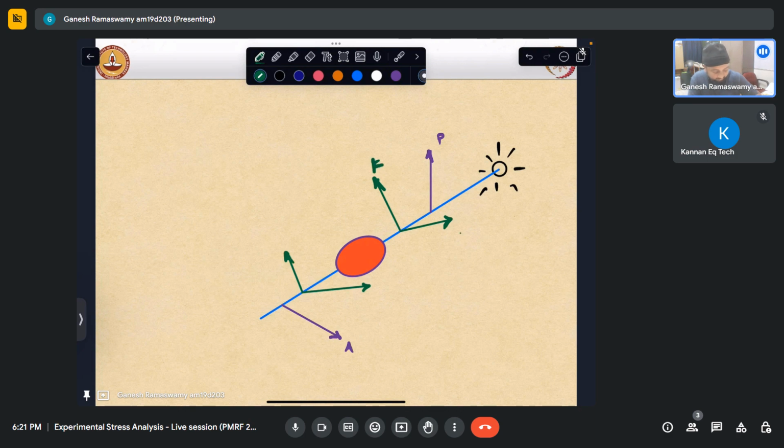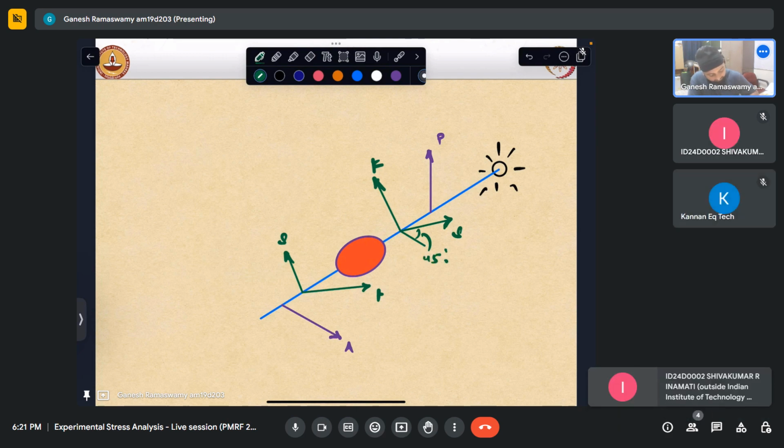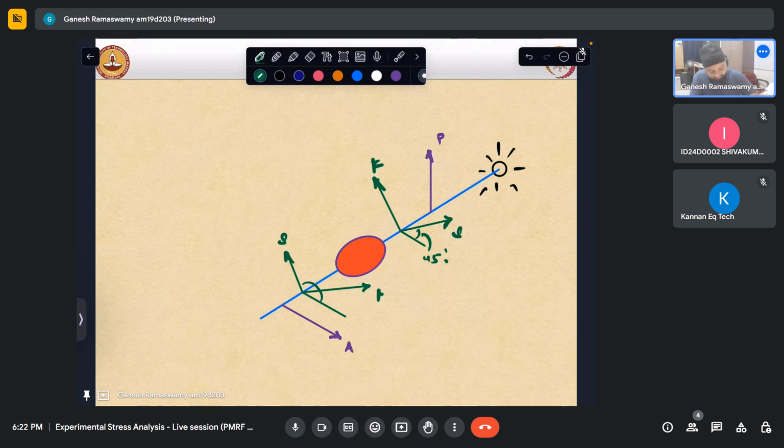Let this be the fast and slow axis. This be the fast and slow axis. And we position it at pi by 4 or 45 degrees. And we position this at a higher angle, that is 45 plus 90. In such a case, the output light intensity